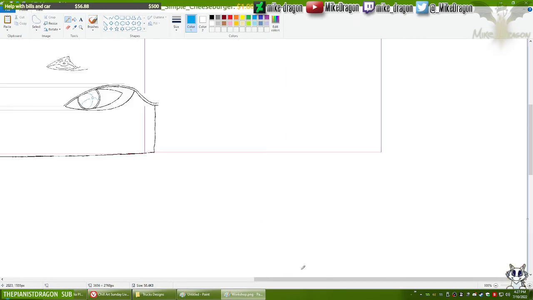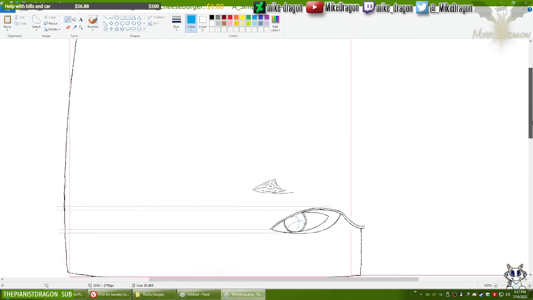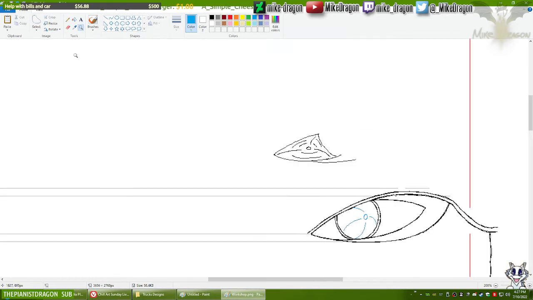I think that I need to zoom out. Alright, I think the headlight, the light bulb rather, should be a little more to the side like this. And this should go like that.